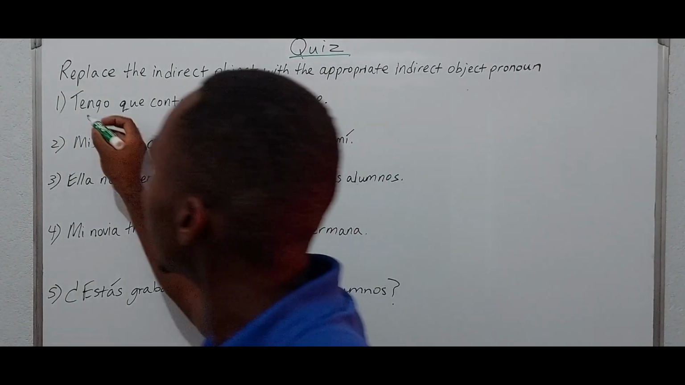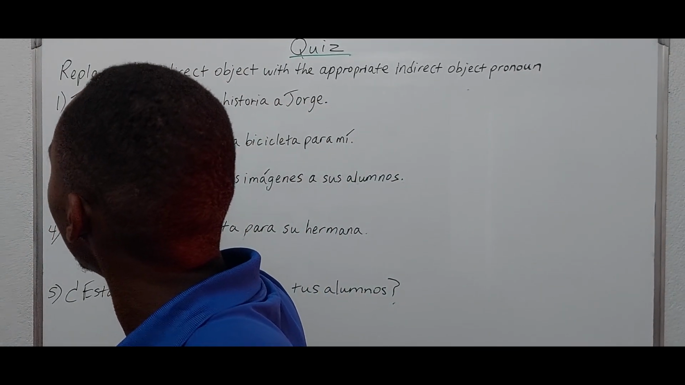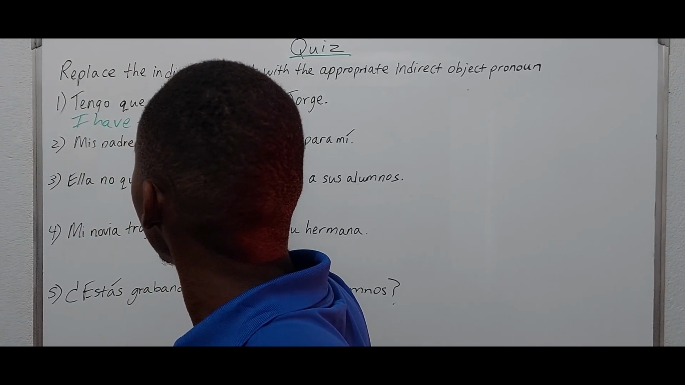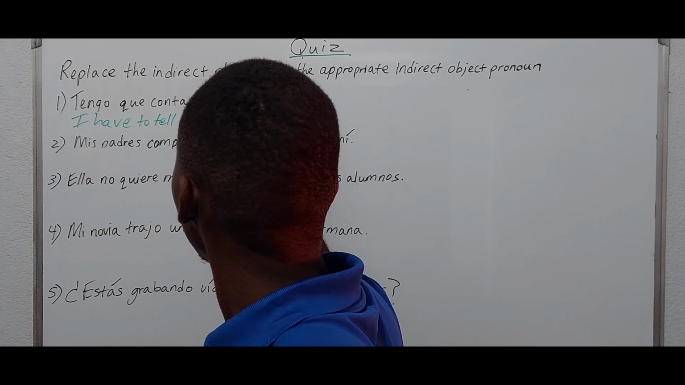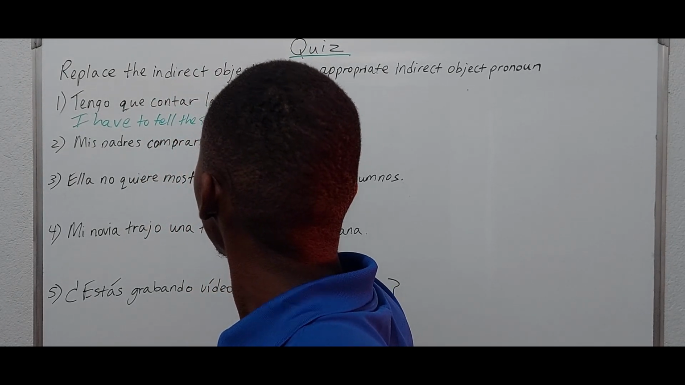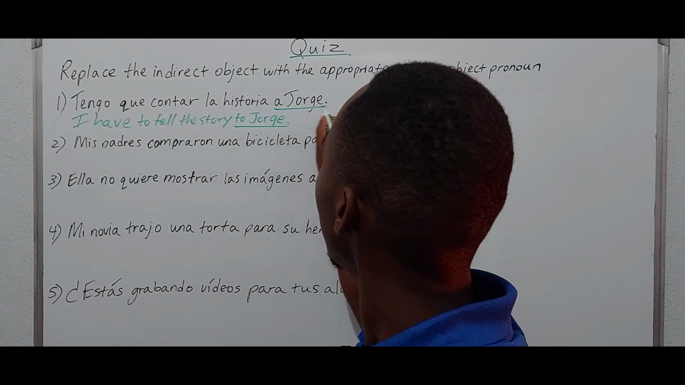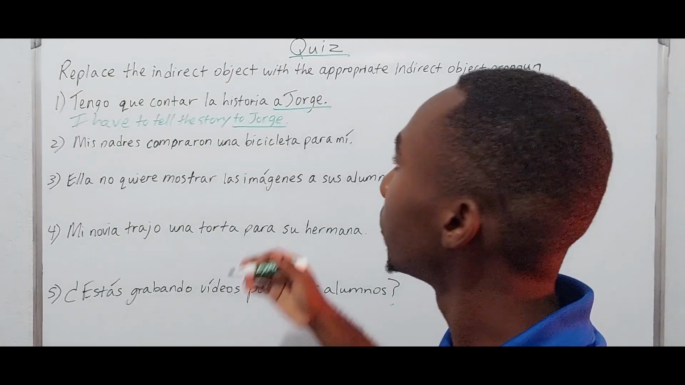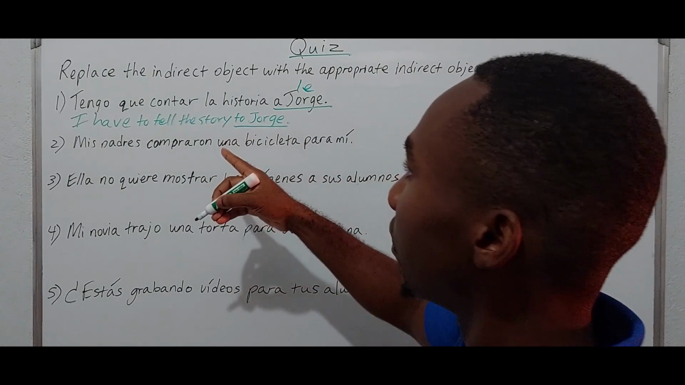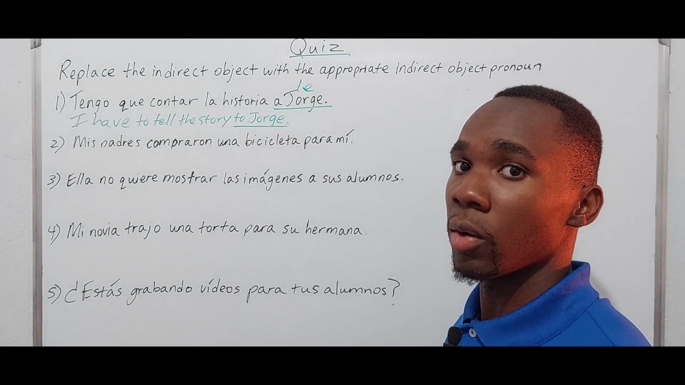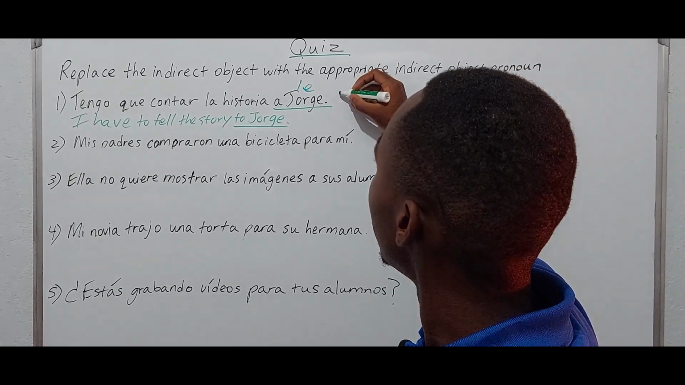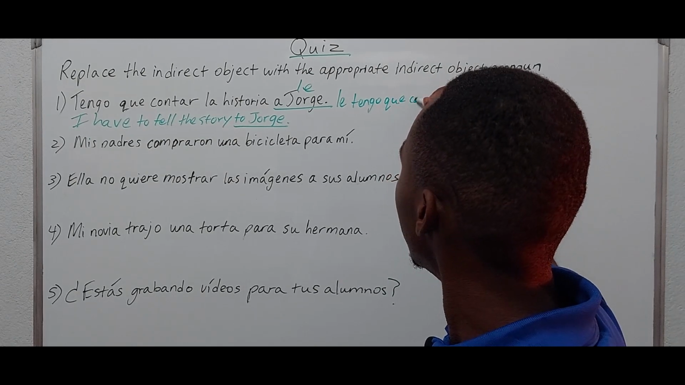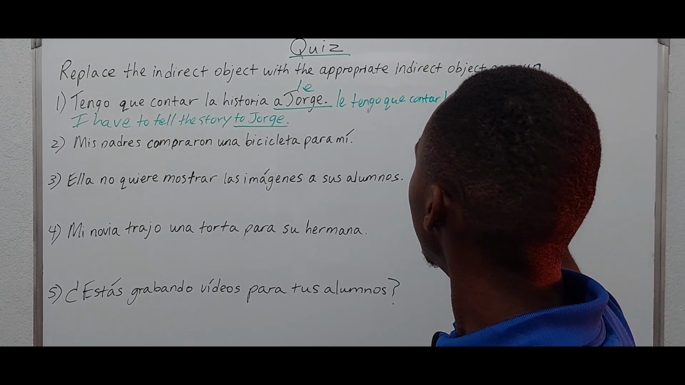So let me translate first and say, I have to tell the story to Jorge, or here, right? So that is our indirect object, and the appropriate indirect object pronoun would be le. Because we have an infinitive, you know there are two places that the indirect object pronoun can occur, right? So le tengo que contar la historia,